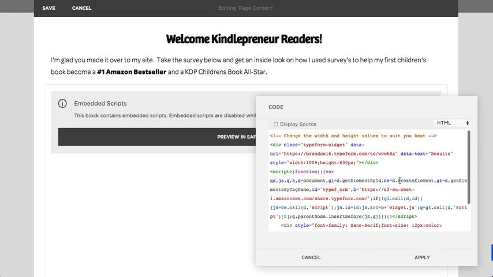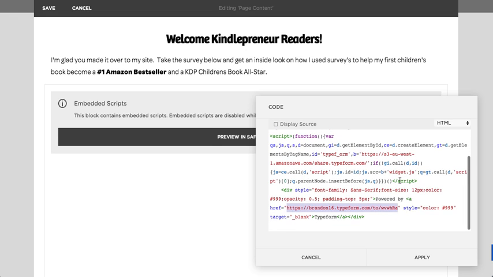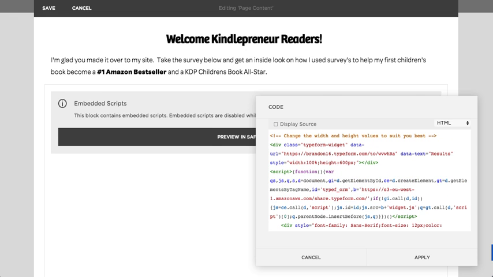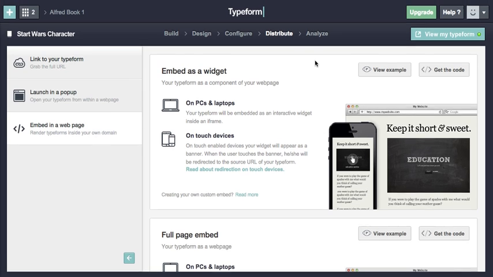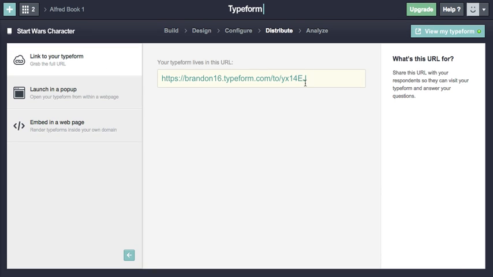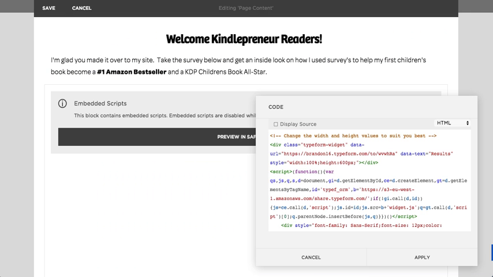So what you can do is you can actually just take the URL from your survey. Again, this is if you go to distribute and a link to your Typeform. So that's this URL right here. And so what I do is, wrong link, is I just highlight it inside of the quotes and copy paste. I'm not going to do it right now because I want that one there, but that's how you can do